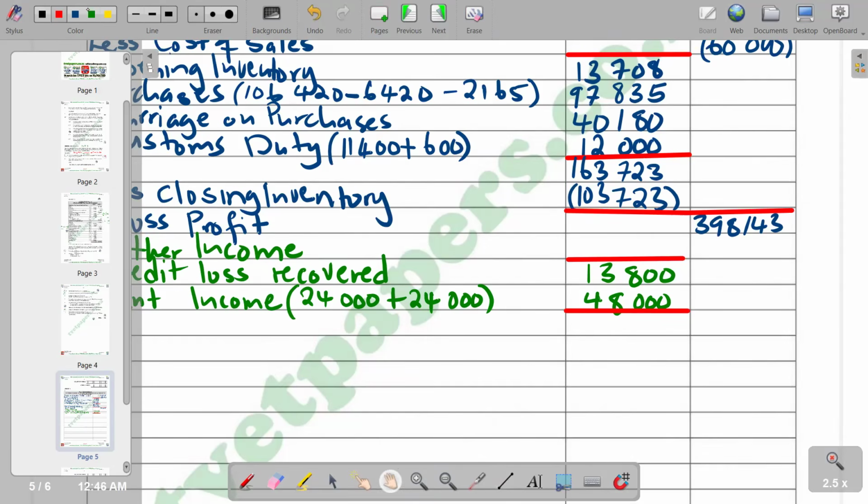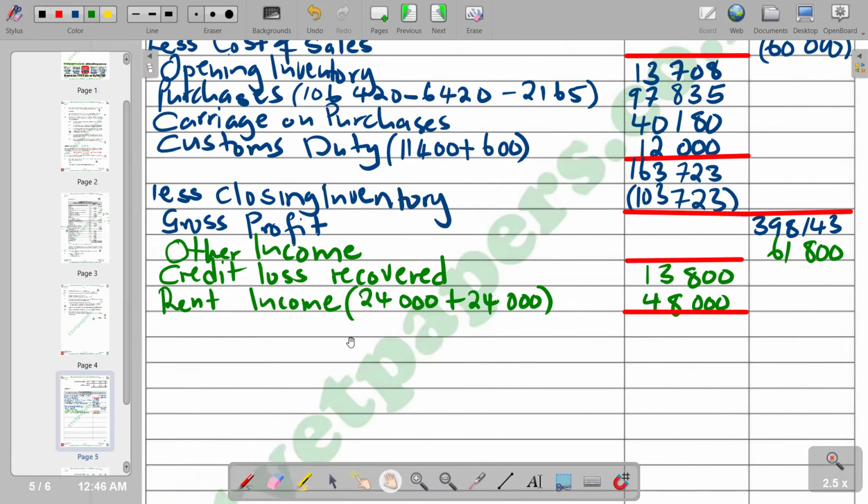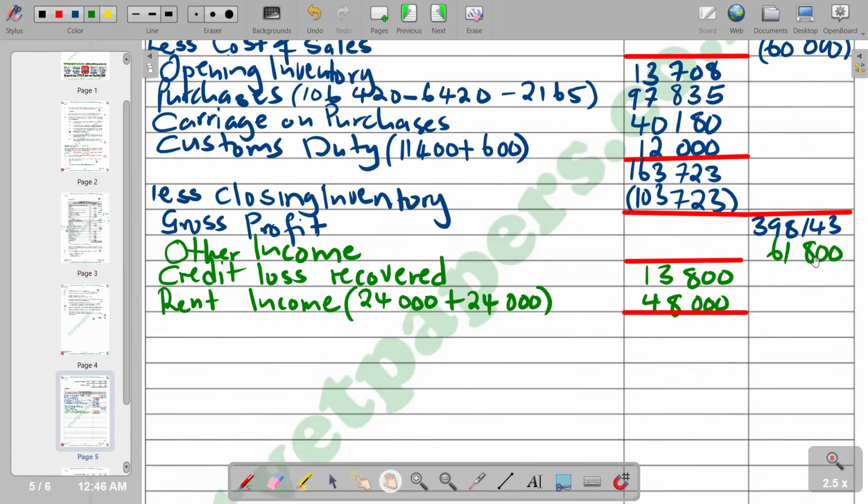So by adding, we are going to get a total of 61,800. So other income, the total for other income is 61,800, and we are supposed to add it to gross profit. So we are saying gross profit plus other income, and the answer that we get is the gross income for the year. So we add these two figures, and then the total that we are supposed to get